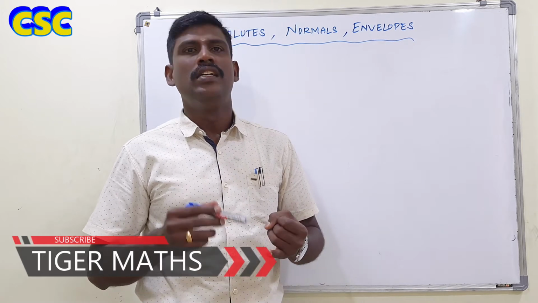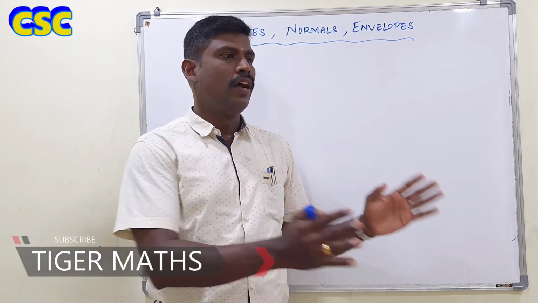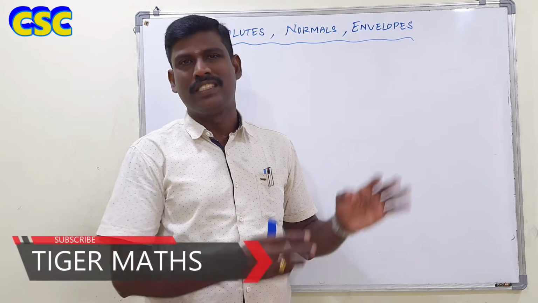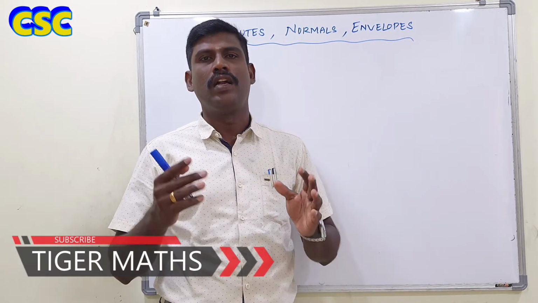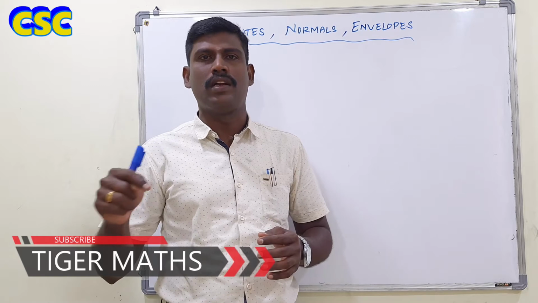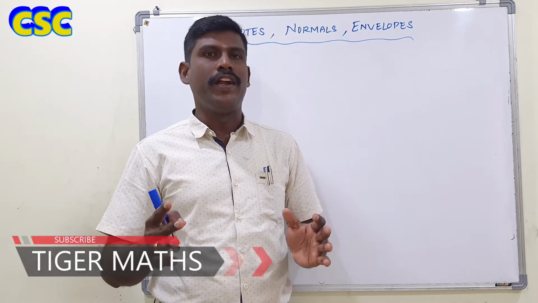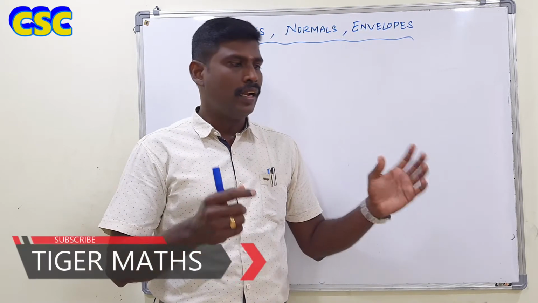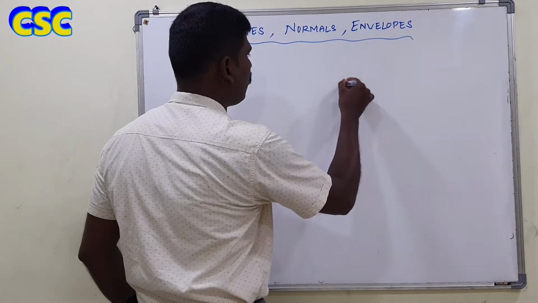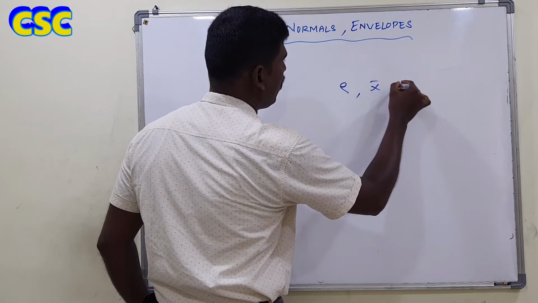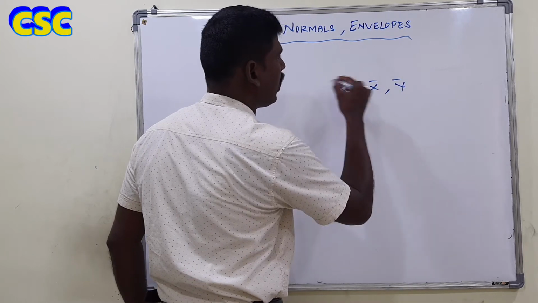Okay, then center of curvature. After we find out the radius of curvature of such curves, then we pass through the centers of curvature. How to calculate the center of curvature, that means x bar comma y bar. After finding the center of curvature, what is the relationship connecting rho, the radius of curvature, x bar and y bar? So what is the relationship connecting all these three?